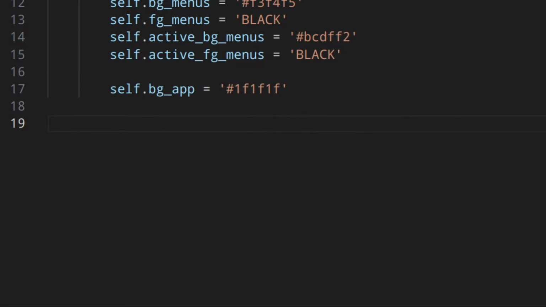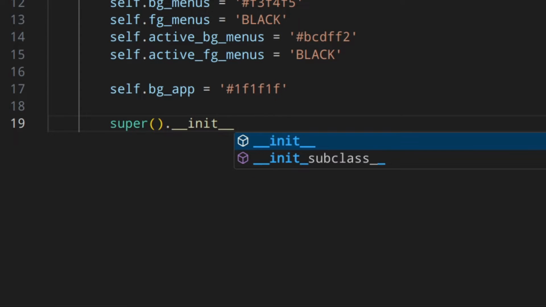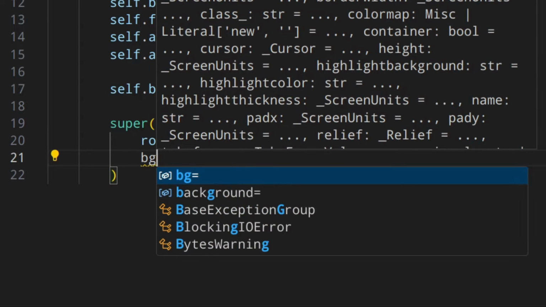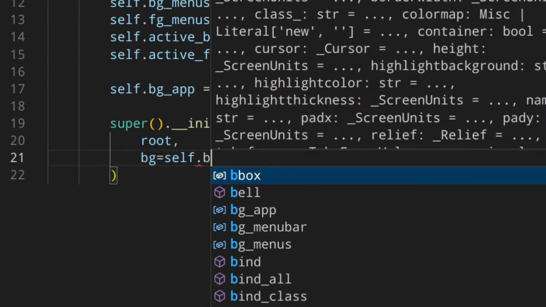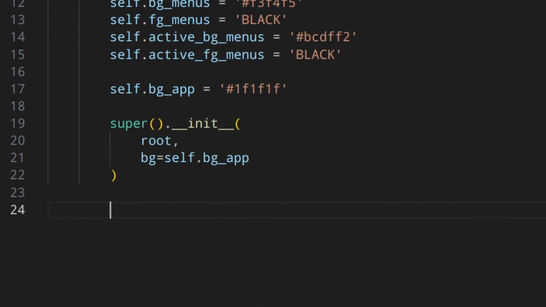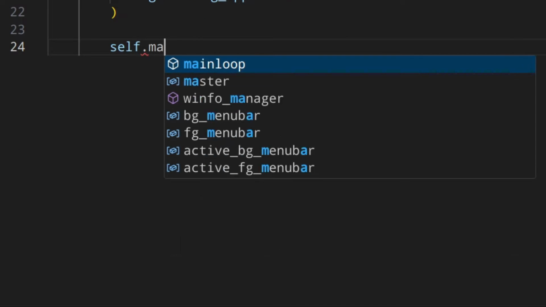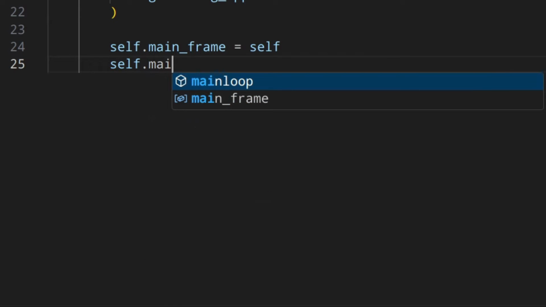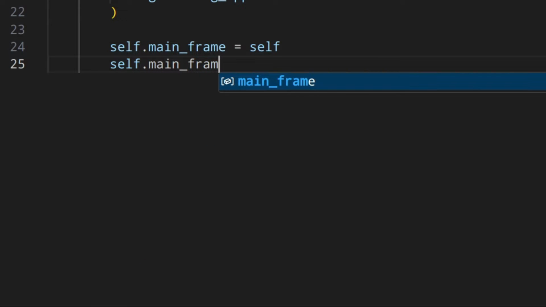Then down here I'm going to call super init like that, and then here root, and bg=self.background_application, and then as usual I'm going to do something like self.mainframe, just to make things more understandable.